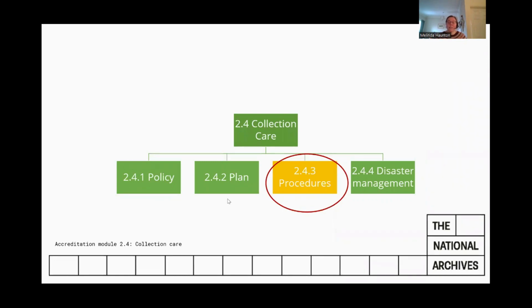But when you get right down to it, the bit of accreditation that asks no messing about what the environmental conditions are like in your repositories, it's going to be all the way down at section 2.4.3, which is collection care procedures. So I'm going to start there. But I warn you now, I'm going to be zooming right back out over the course of the talk